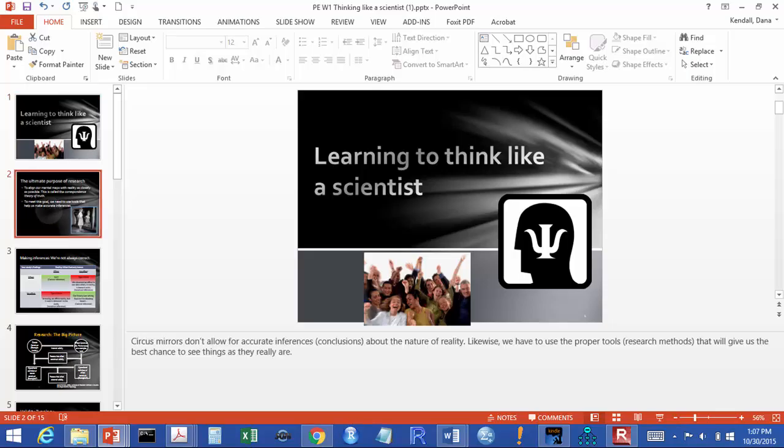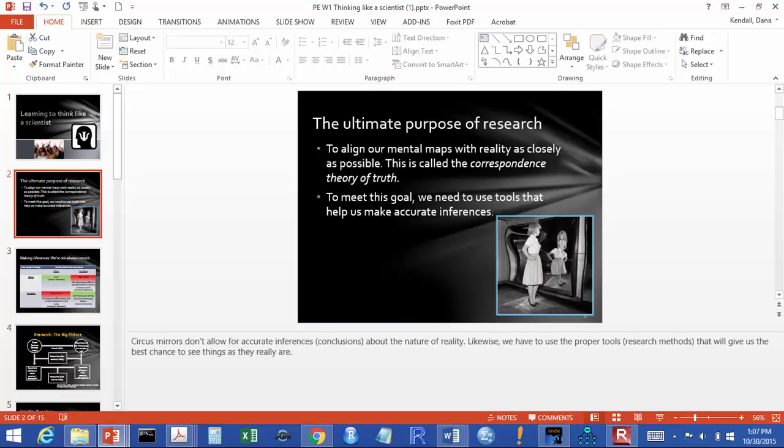All right, so what is the ultimate purpose of research? Well, the overarching objective that we want to do is to map our mental model onto reality as closely as possible. This is called the correspondence theory of truth, and in SCC, Shadish, Cook, and Campbell, they talk about the different theories of truth that are out there, and this correspondence one is the one that most closely matches what we do in science. Just as we wouldn't look into a circus mirror for an accurate depiction of how we actually appear physically,